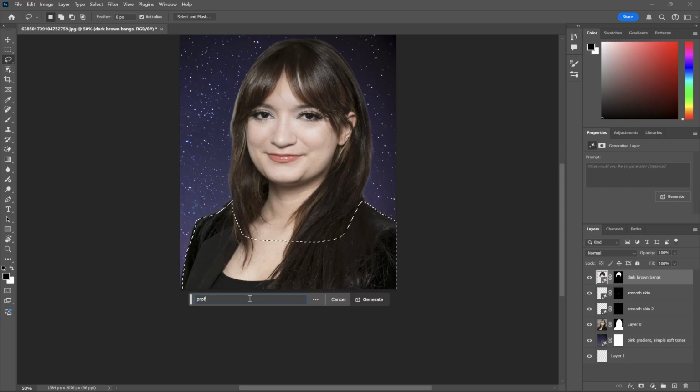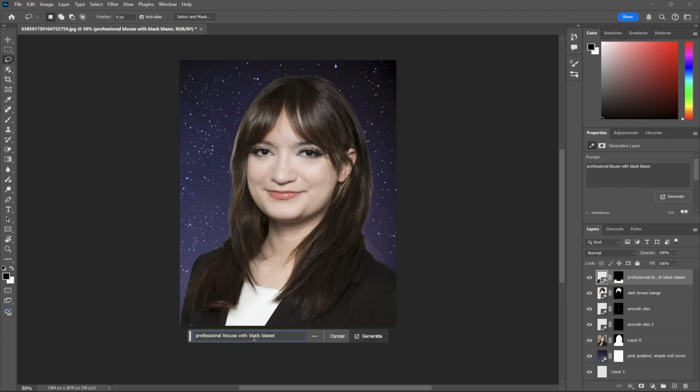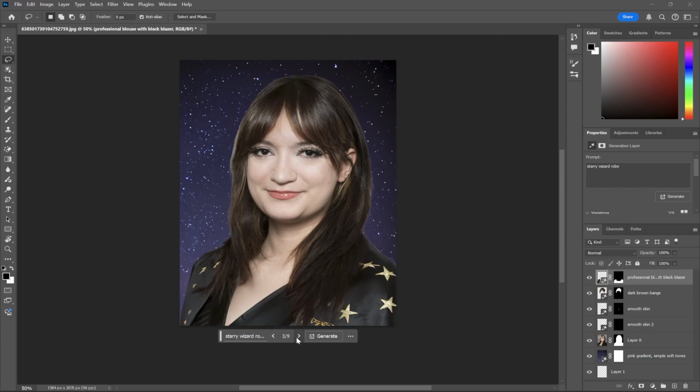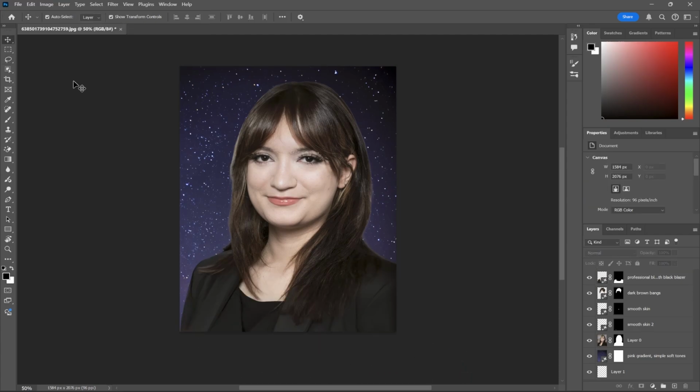Now I'm just going to type in what I want to generate, and I'm given a few different options. Like I said, it will make a few liberties with whatever is selected. So some of my hair was selected, it just automatically did its own thing. And now I kind of want to see what I would look like in a dress, maybe in a wizard outfit. So I like this variation, it looks pretty natural, and I think I am pleased with this outcome.